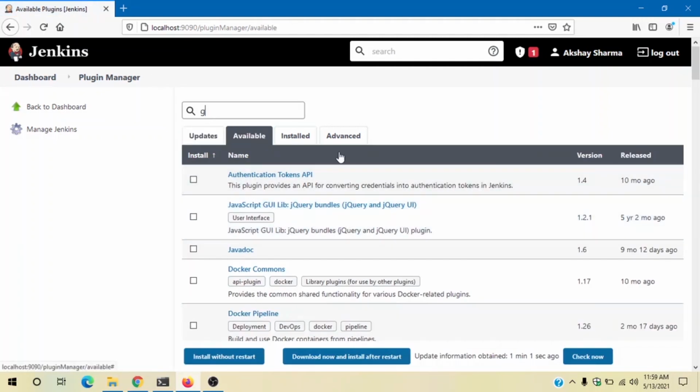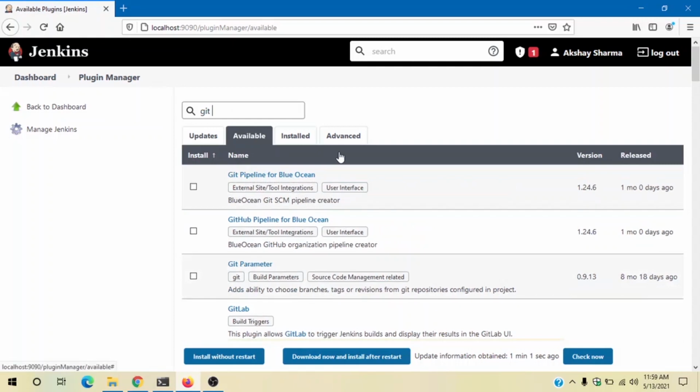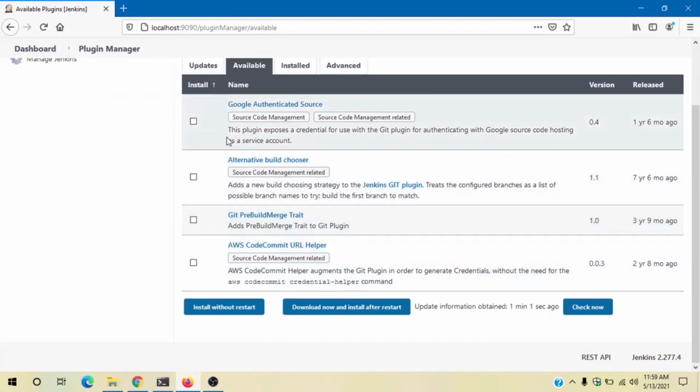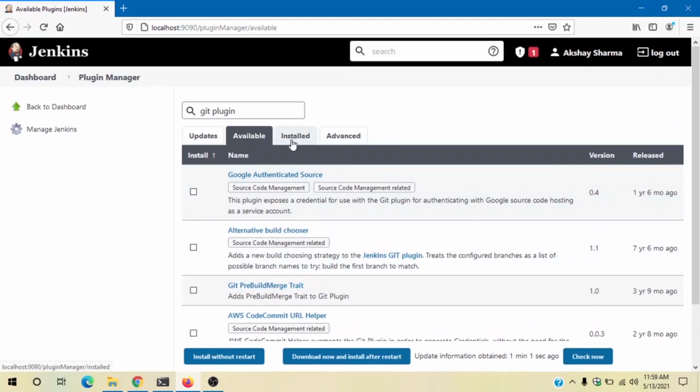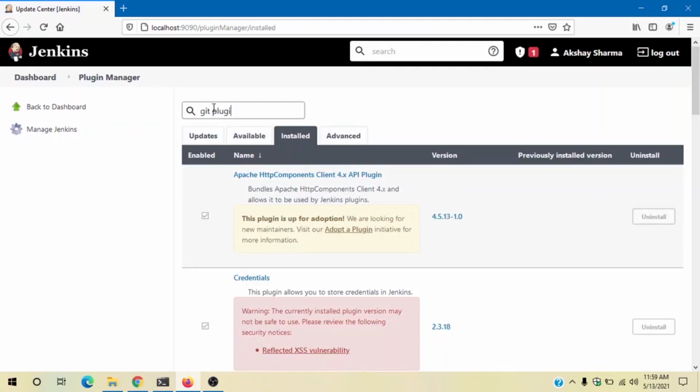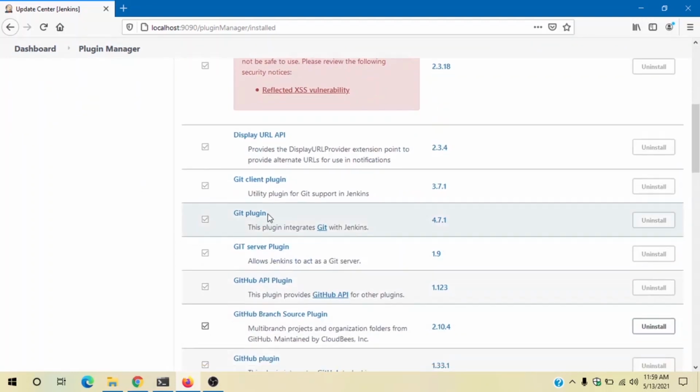So we can search for Git plugin here, and it will give us suggestions of all plugins related to Git. It seems we already have the Git plugin installed, which was suggested before. I'll search in the installed tab, and I can see that the Git plugin is already installed for me.